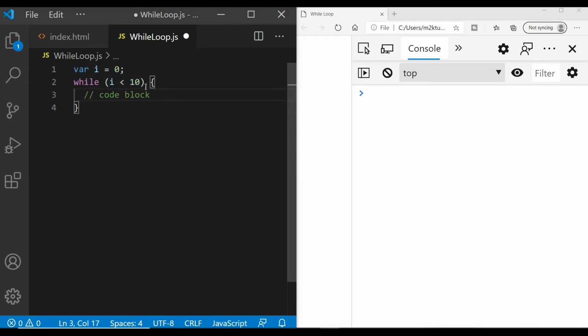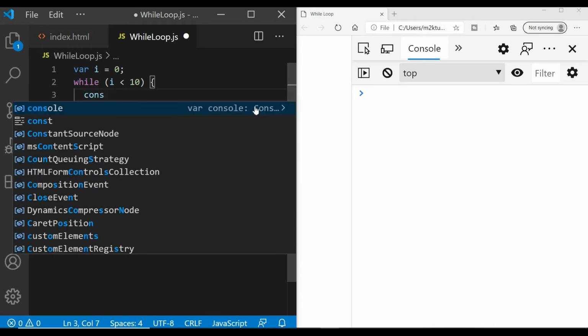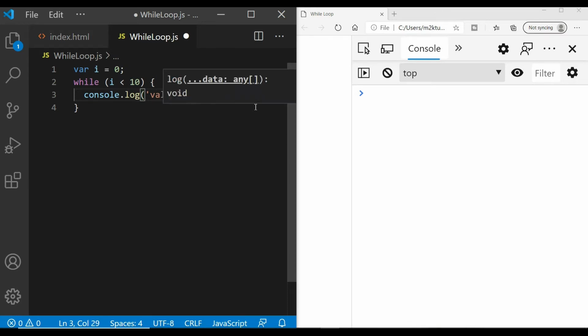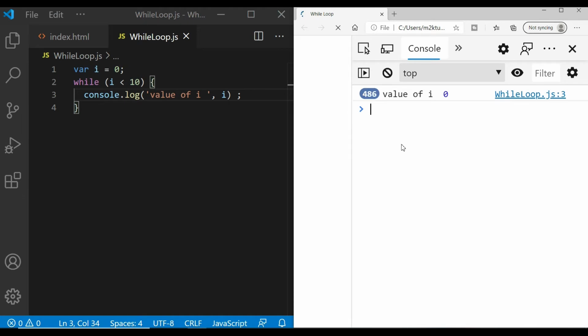So if i is less than 10, then execute this block, which I am writing right now. I just want to print this i's value, so I'm going to write a string, value of i, then a space, and then i. So this is it for the while loop. This is very easy, you can just write it like that.